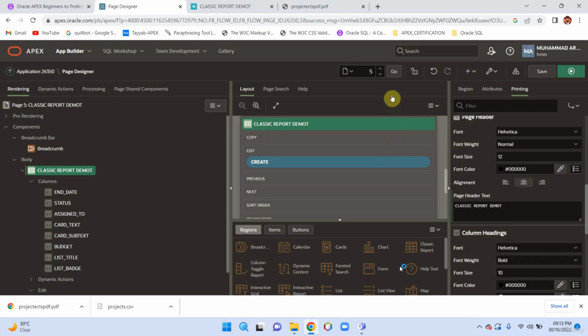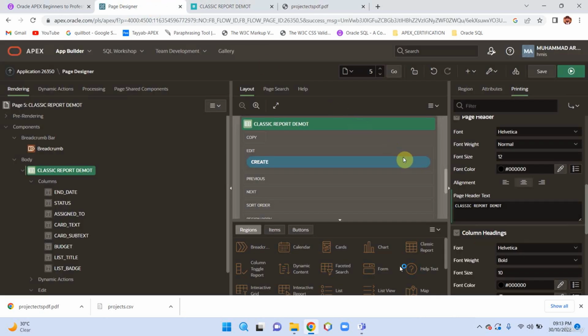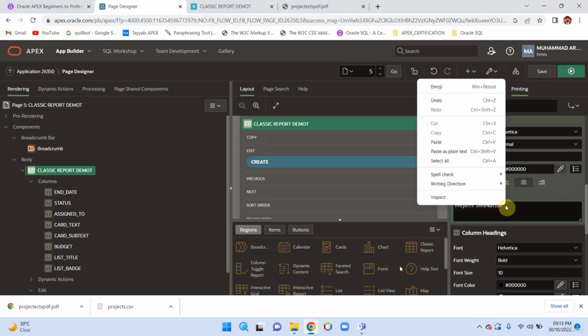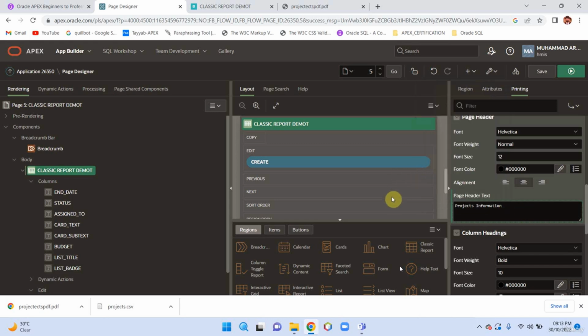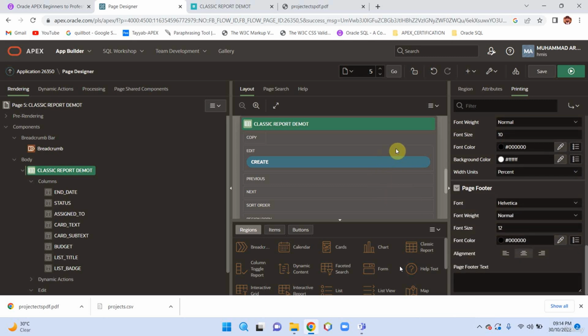Then we have page header. For example, here you can see in your report we have a header of classic report. You can change it to projects information, and then you can set column headings, similarly columns, and then page footer. For page footer, for example, you want to show the copyright option at the page footer. So you can see here copyright,